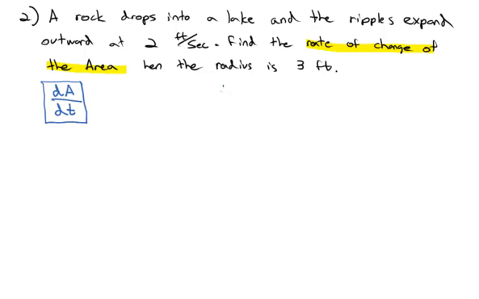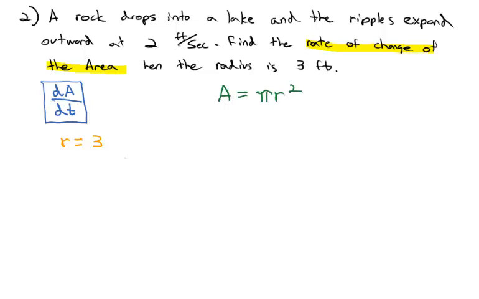What we know about the area is the area of a circle is equal to pi r squared, which you know is silly because pi r round and cake r squared, but that's my best math joke you get in a video. Area is pi r squared. We also are told that the radius we're interested in is 3 feet,